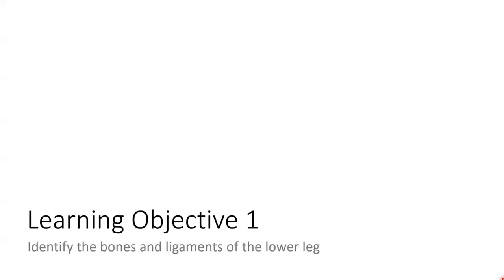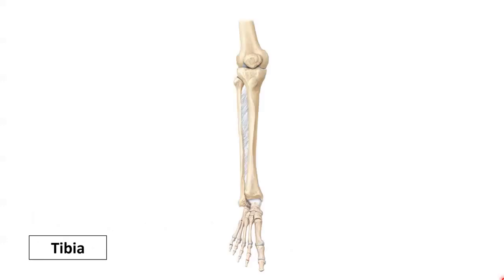The bones and ligaments of the lower leg include the tibia, fibula, and bones of the foot, as well as the knee and the ankle ligaments. Starting with the tibia, also known as the shin bone, is the larger medial weight-bearing bone of